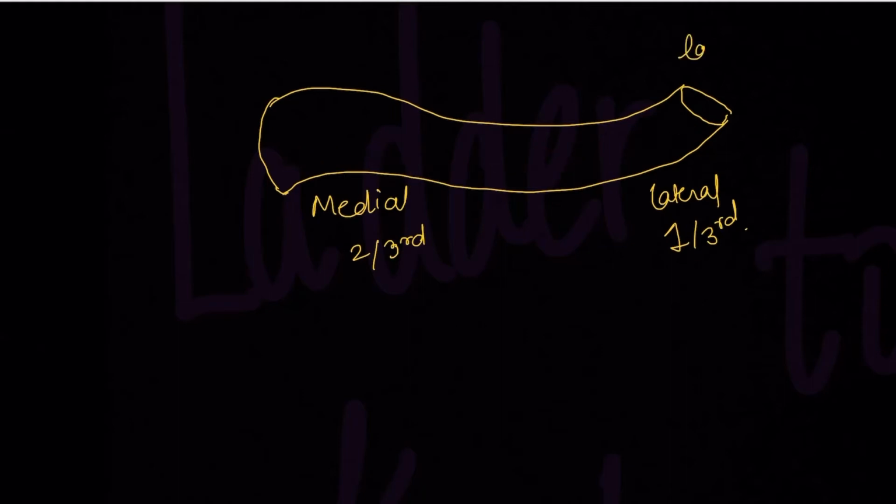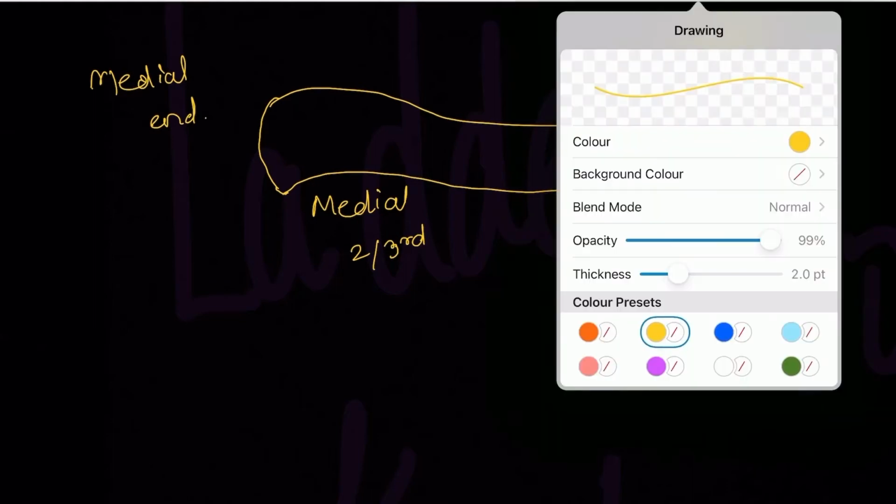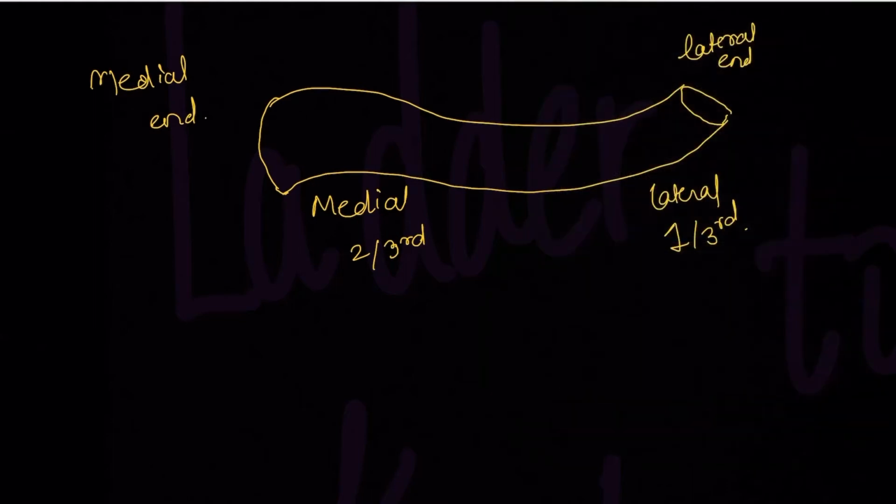Now it is having ends. So this is on the lateral side, hence the term is lateral end. This is on the medial side. The term is medial end. Now when we were doing scapula, I told you that there will be acromion process attaching to the clavicle. So this is the lateral end. This is also known as acromial end because your acromion process of the scapula will attach. So acromial end. Here towards this side there is sternum. Sternum is also known as your breastbone. Okay. So this end is known as sternal end.